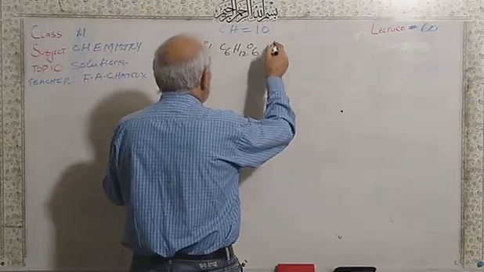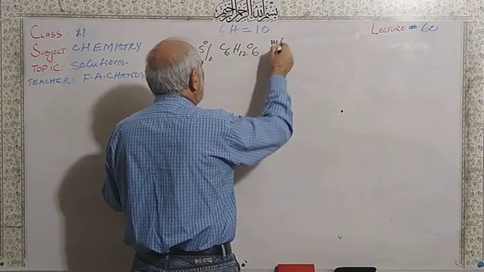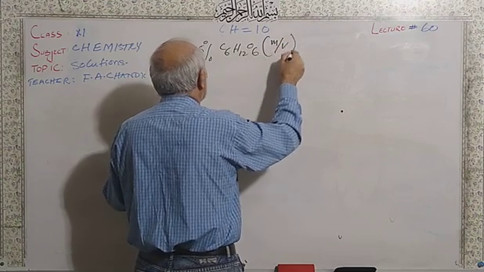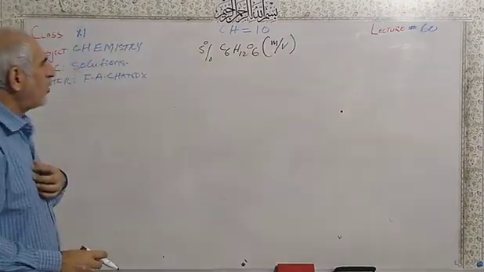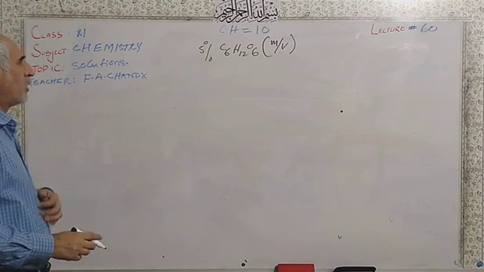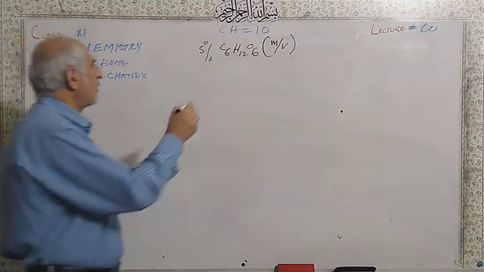In the book it's not written, but you have to mention this will be m over v. According to m over v, so calculate the